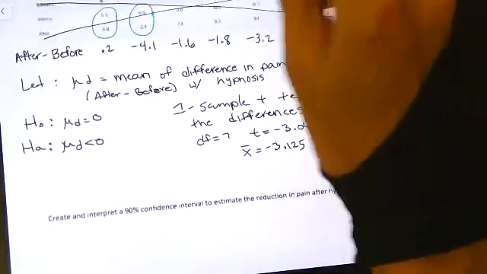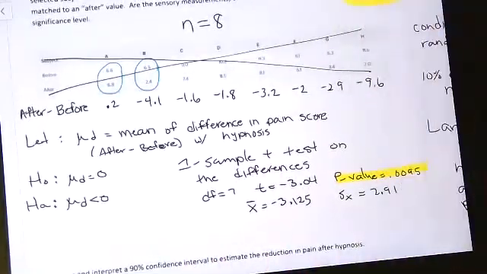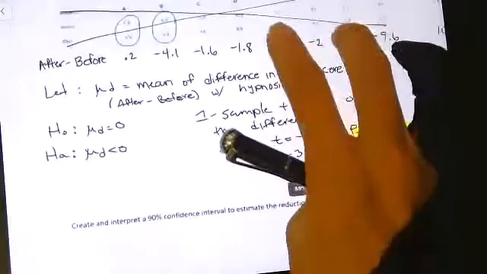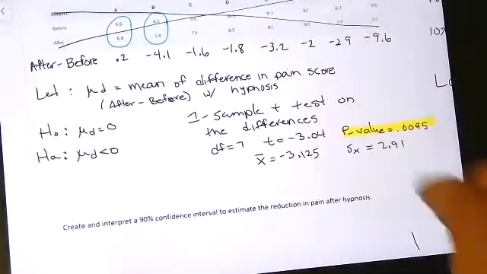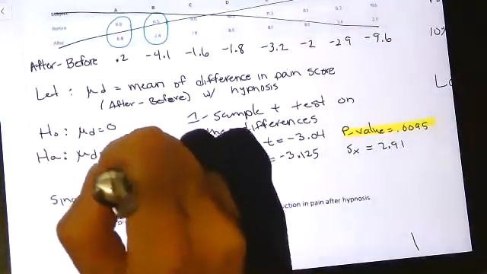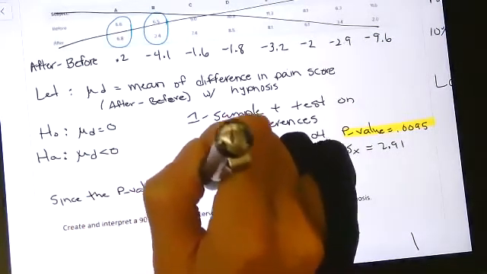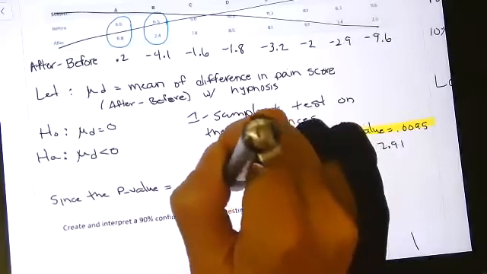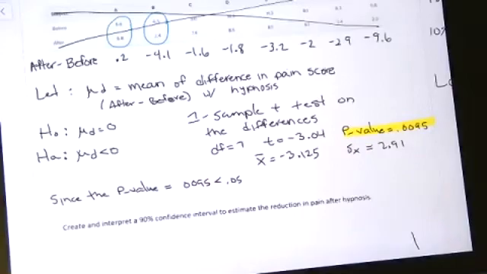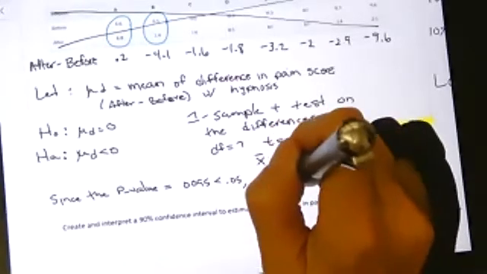But of course, the important part of this is our p-value. Is it less than 5%? Because it says to test at 5%. So right up there, 5%. Is that less than 5%? Yeah, definitely. Okay, since the p-value equals 0.0095, which is less than 0.05 by quite a lot. I mean, it's not even just a little bit less, it's a lot less. Okay, when you have a small p-value, I reject the null hypothesis.